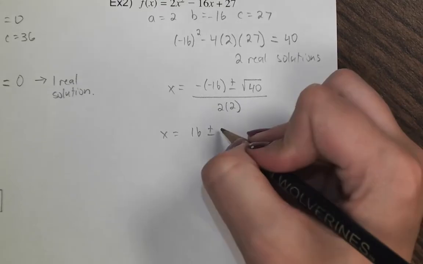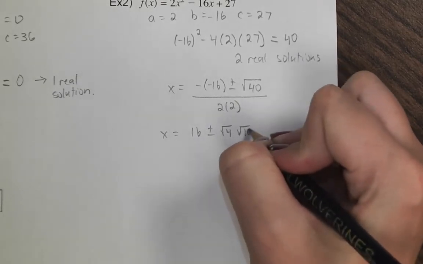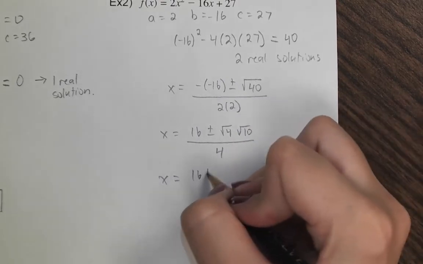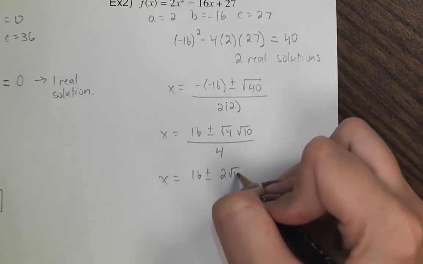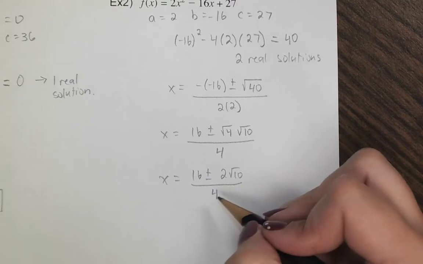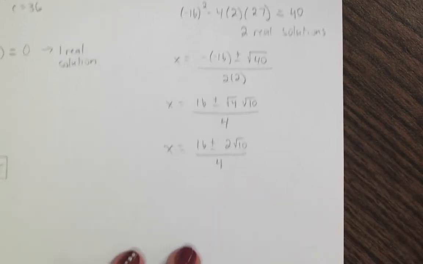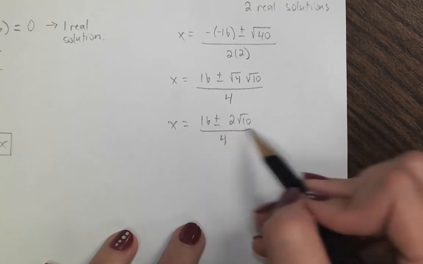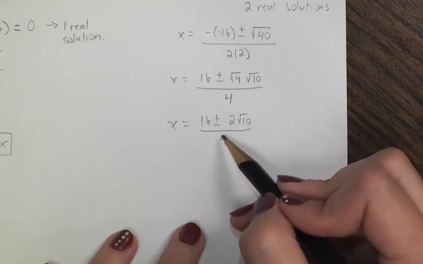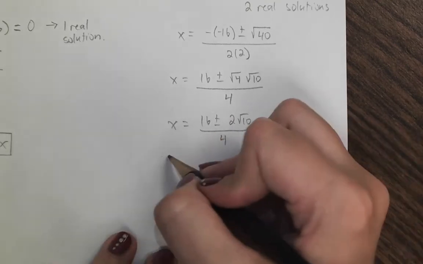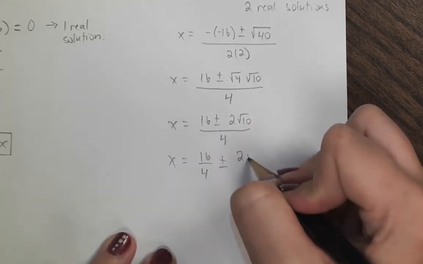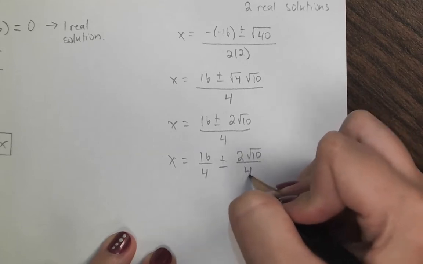So root 40 is going to split into root 4 and root 10. I'm going to simplify that root 4 to a 2. Okay, at this point I'm actually going to break this apart into 2. You have to remember whenever you have addition or subtraction and then division, that has to go to both of those. So this is going to actually become 16 divided by 4 plus or minus 2 root 10 over 4,